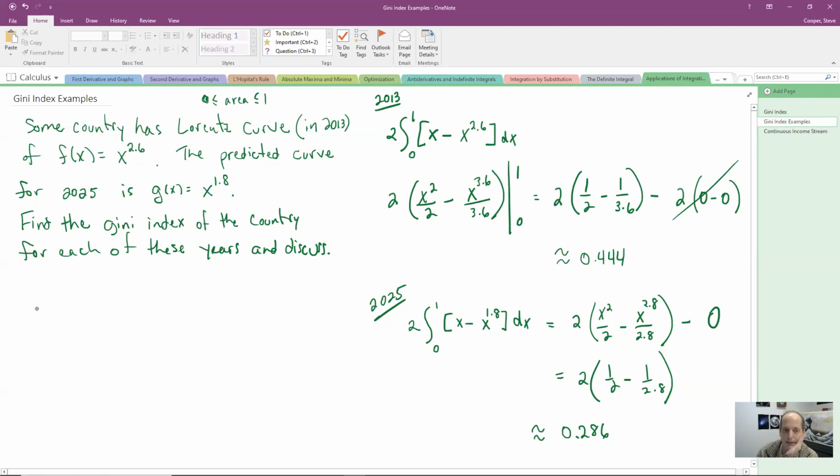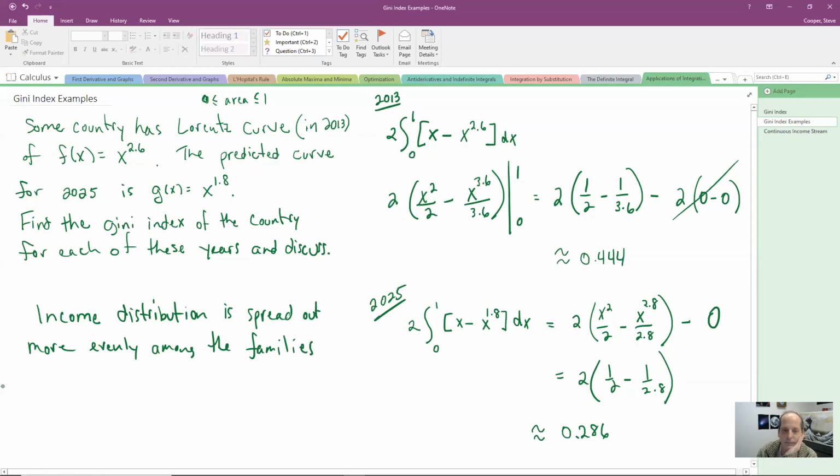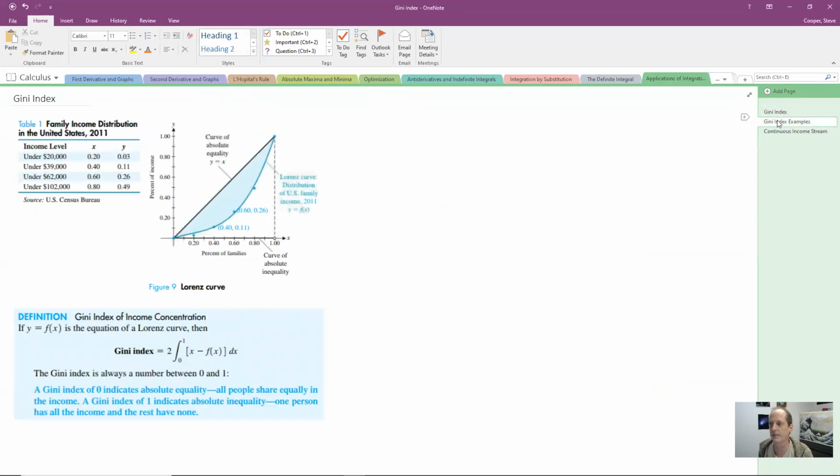Okay, we can see that this being a smaller area, this means that Lorenz curve is closer to the equality. Okay, so that's Gini index,